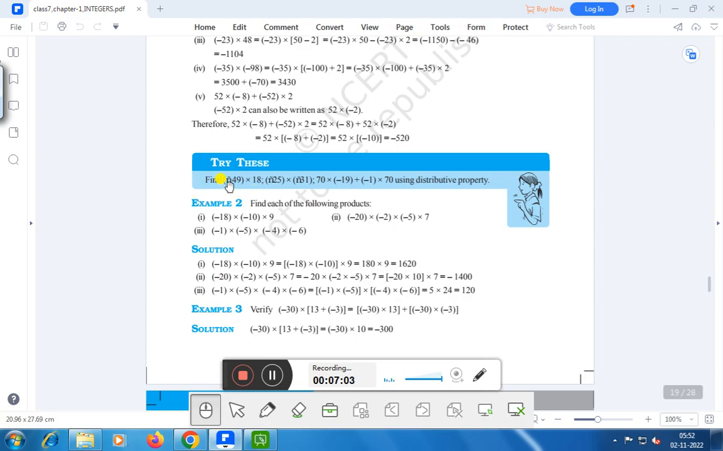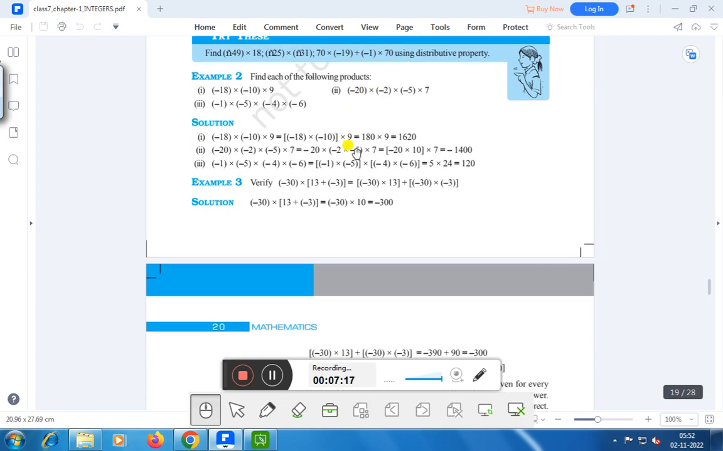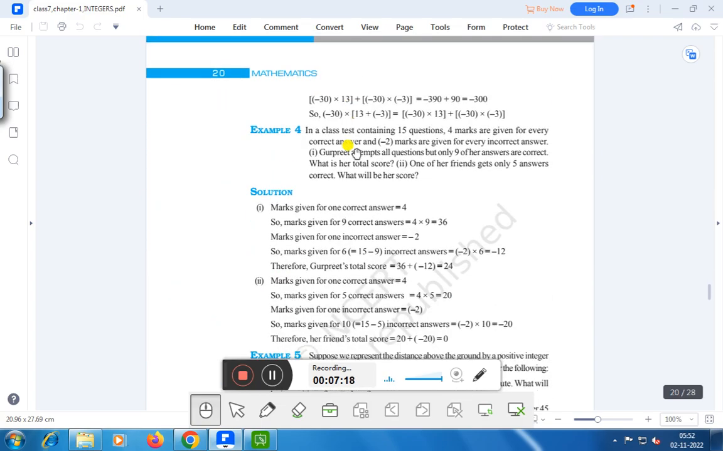Here we find also, to find this one using the distributive property. No need. These are the various properties